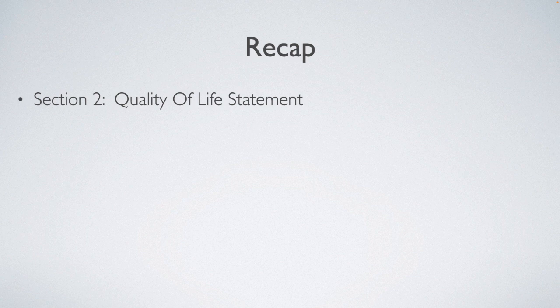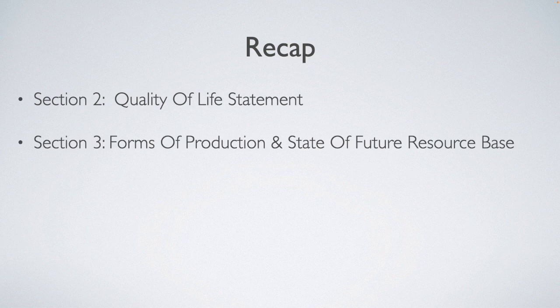In section 2, we did the deep introspective dive to create your quality of life statement, a clear and emotionally resonant statement of how you want your life to be based on what you value most. You framed your quality of life statement in terms of what physical and cultural conditions are required for you to realize that desired quality of life, what you want to give and receive in your relationships, the skills you want to develop, and what you want to contribute to the well-being of those beyond you and your immediate family. This statement is the magnetized needle on your compass and the thing that you're going to use to test your future homestead decisions.